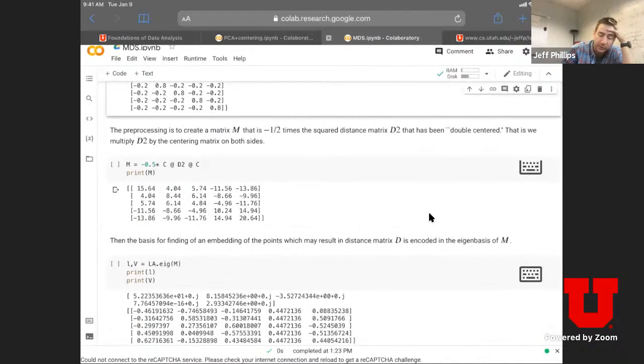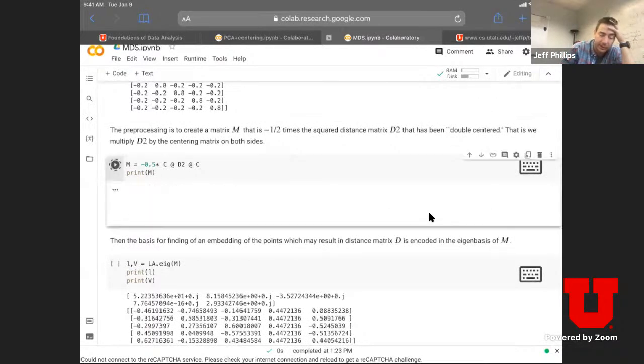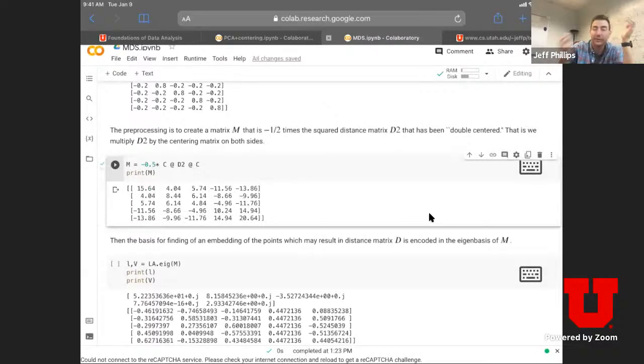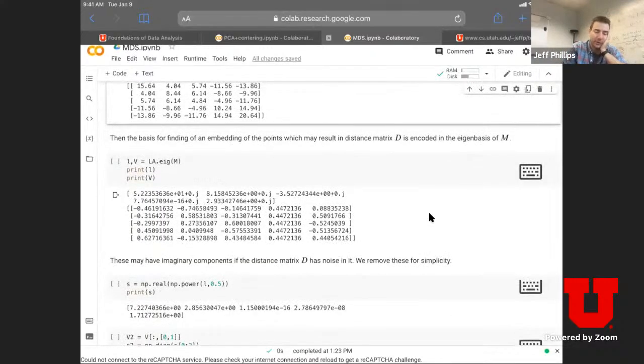And now I do double centering, right? The double centering is minus 1/2 times the centering matrix, the D2 matrix, and the centering matrix again. Okay. This is going to give me my averaged similarity matrix. And now I just need to do the